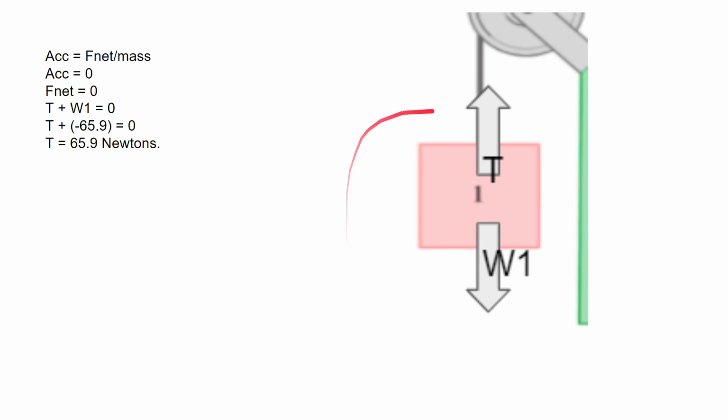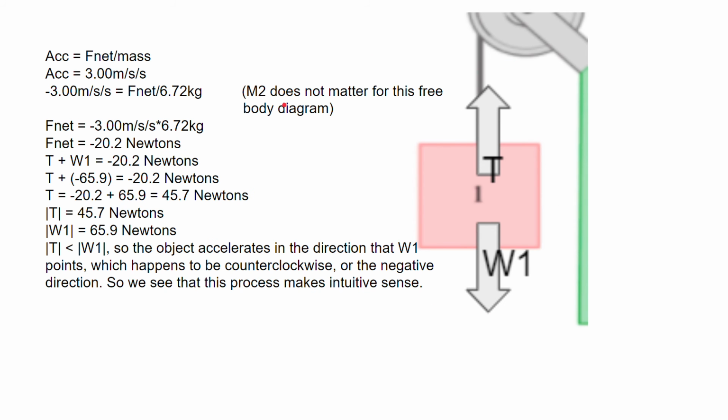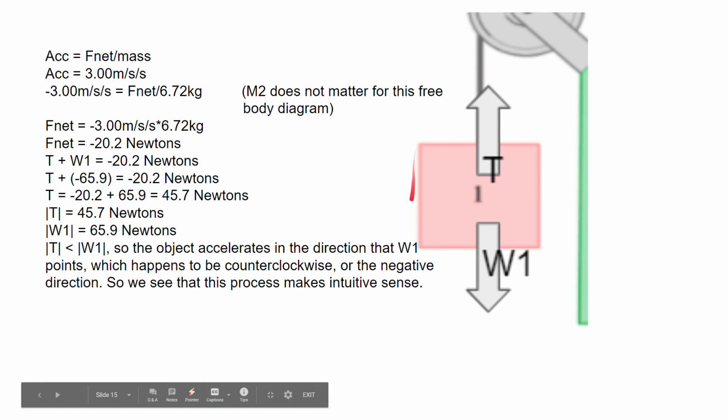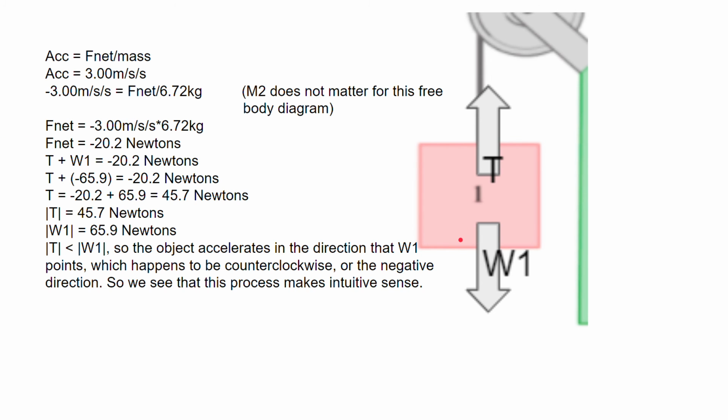Now, since this was sort of easy, I decided to make it harder by including another problem in which there is acceleration. We're going to pretend that this block happens to fit with whatever numbers we have here. If this block happens to accelerate, in this case downwards at 3 meters per second squared, that block has to also accelerate at 3 meters per second squared, or the rope will snap. So ignoring everything that's over here, as we're able to in order to find the tension,